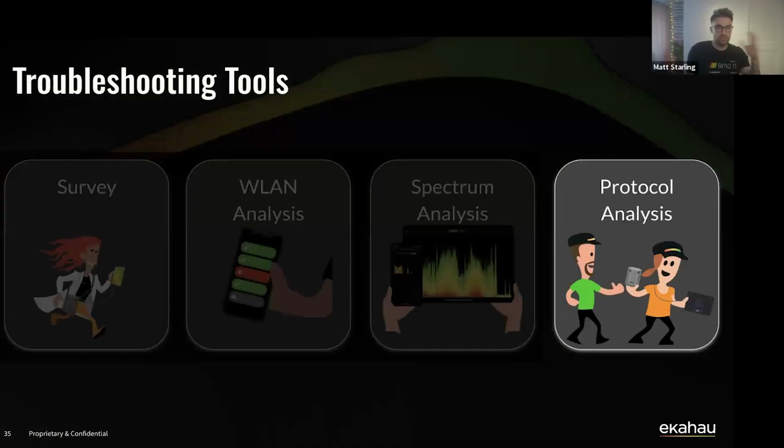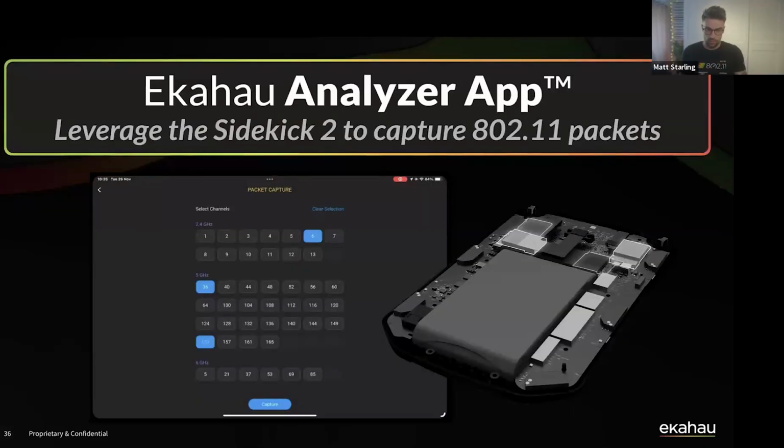Well, first of all, you need tools and software that you can use to capture wireless frames. So I had my Ekahau Sidekick, of course, and the Analyzer application, so I can do that. And the nice thing about using your Sidekick, Sidekick 1 or Sidekick 2, is that there are multiple radios inside of the Sidekick. So you can simultaneously capture on multiple channels at the same time, which is really handy if you need to capture things like roaming events, or if the particular AP and the client device that you're troubleshooting have multiple radios, you can set the Sidekick to scan one of the radios on 2.4, one on 5, and one on 6